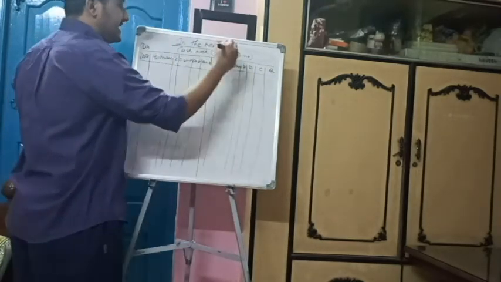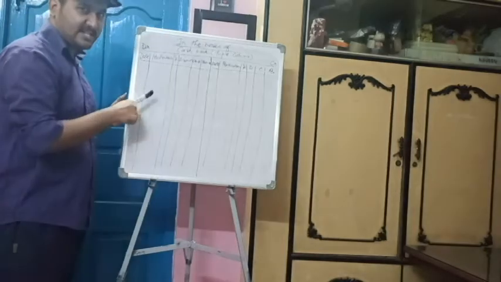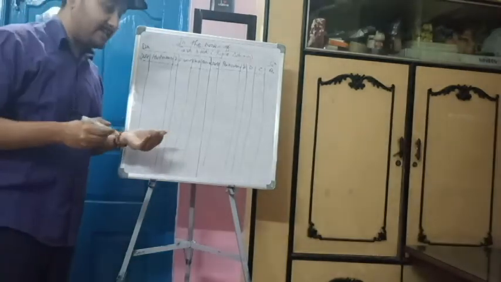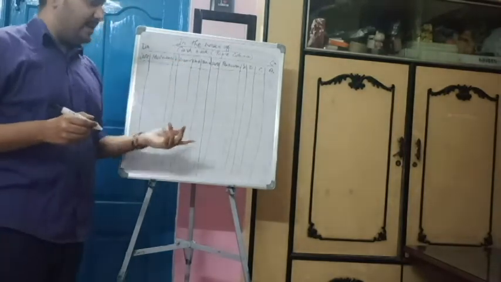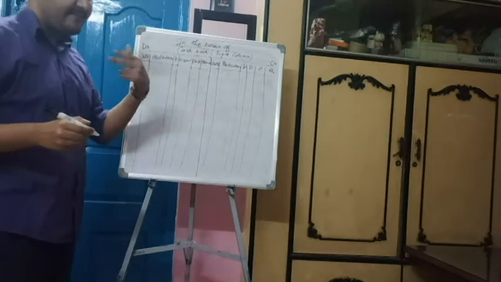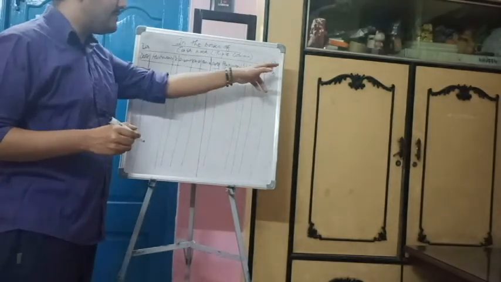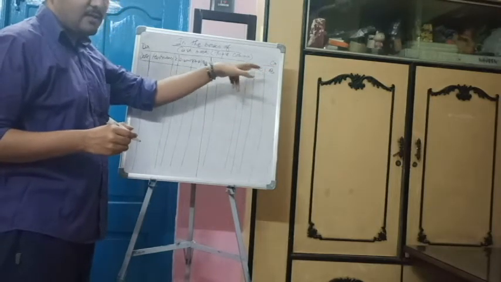Remember one thing, this side is debit and this side is credit. So what does debit mean? Debit means here we are receiving cash. When we are receiving cash, what are we doing? We allow discount. That means on the debit side, the discount which we see is discount allowed. And when we pay cash, we receive discount. So when we receive discount, that is a form of income. So income credited. So this D means discount received.